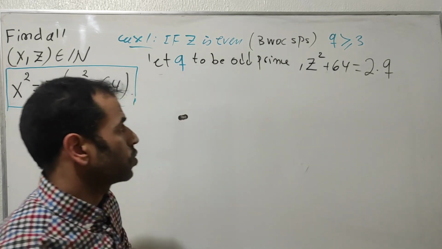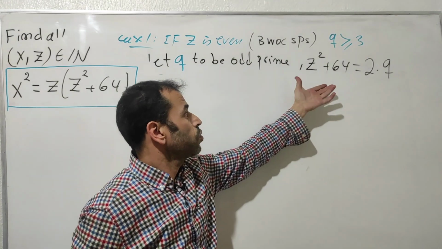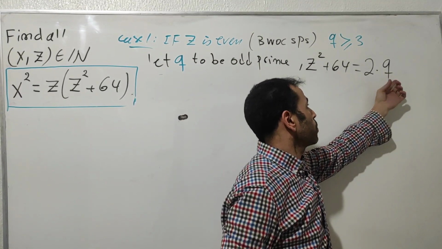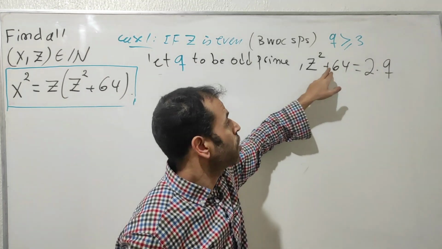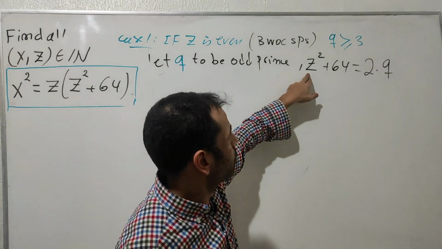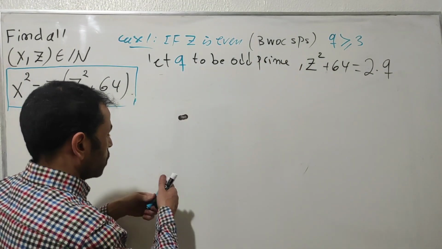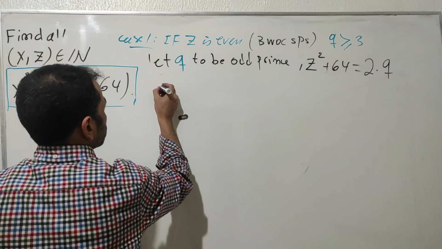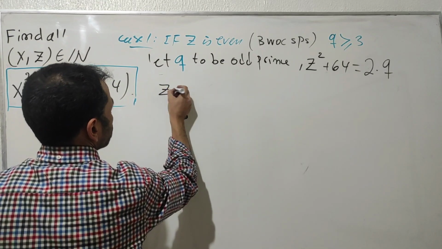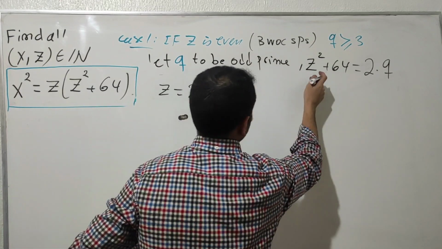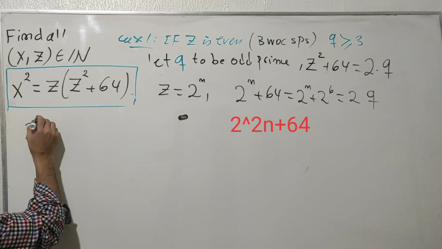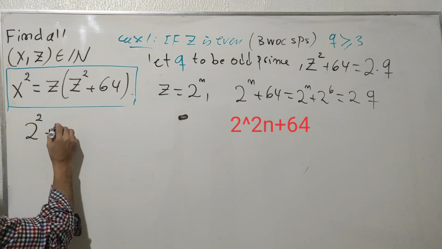Okay, because we know z is even, which means this one is even as well. Even though, you see here, 64 is the same as 2 to the 6, and also this one is even, as a power of 2, because we have z squared that is going to be replaced. We know already z equals 2 to the n. Replacing this one into this one, I get 2 to the n. If we have 2 to the 2 plus 2 to the 3,